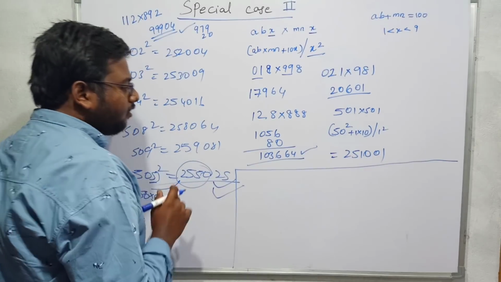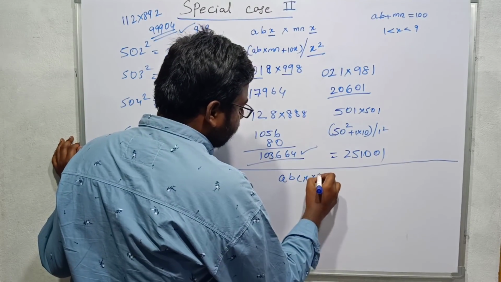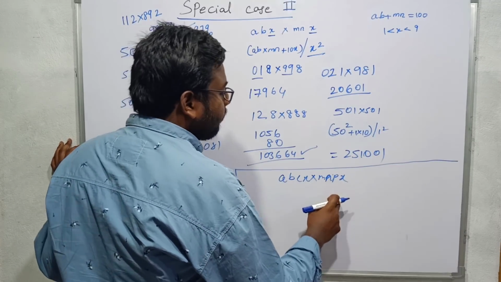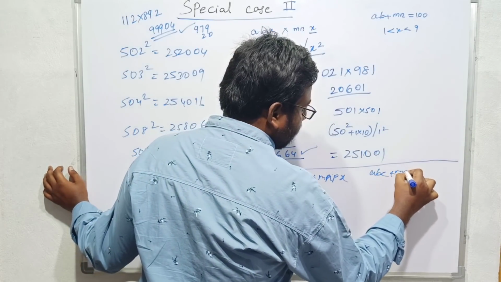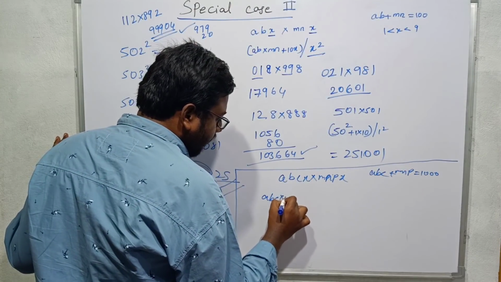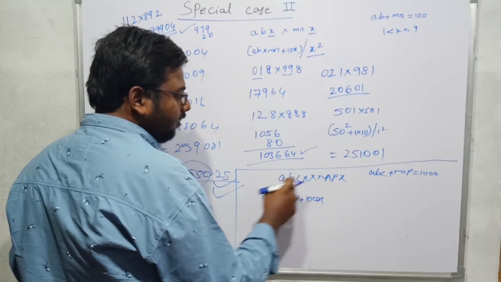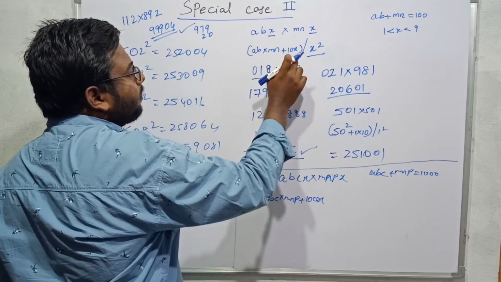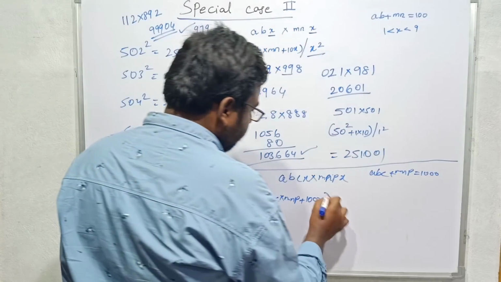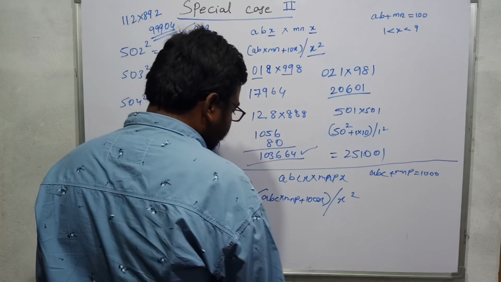For example, the same scenario, if you take 3-digit numbers, for example ABC X into MNP X, where ABC plus MNP is 1000, the result will be ABC into MNP plus 100x. It is based on 1000, so it will be 100. It is based on 100, so this will be 10. That is based on 10, so that is why I write 1 into x besides x square. X square is strictly a 2-digit number.